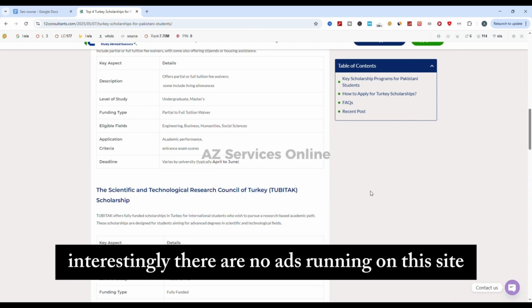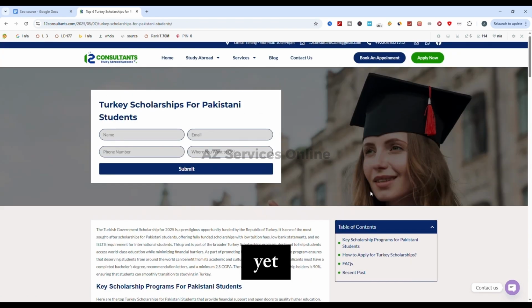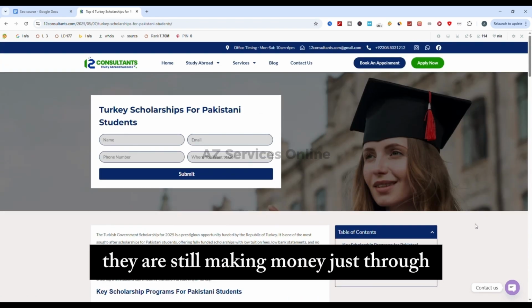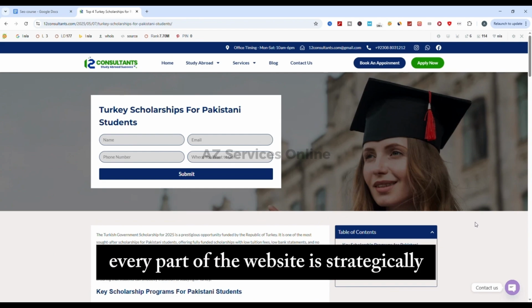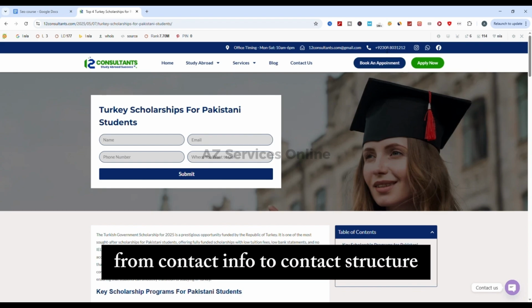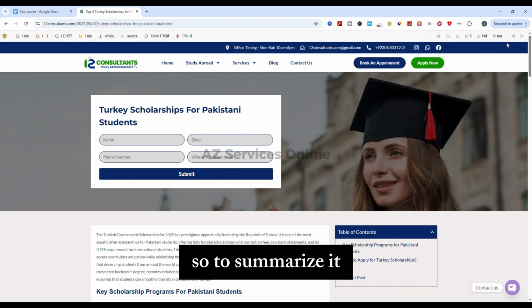Interestingly, there are no ads running on this site, yet they are still making money just through lead generation. How cool is it? Every part of the website is strategically designed for conversion, from contact info to content structure. So, to summarize it,